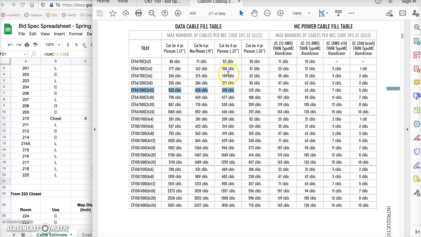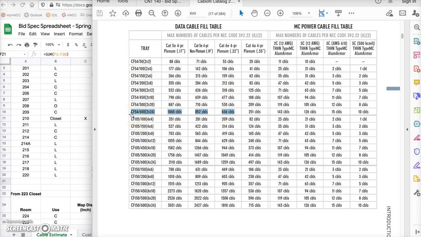So if we now continue down the line and look at, okay, here's a tray that'll handle 600 cables. This right here is a lot wider tray, a 2x24, that'll handle plenty of cables as we need to grow in this building. This gives me a pretty good idea that's a tray that'll probably work to get the job done. So I'm going to kind of mark that or save that so